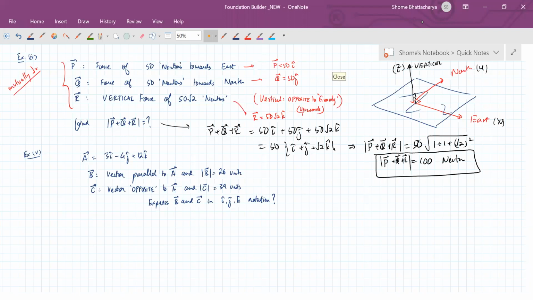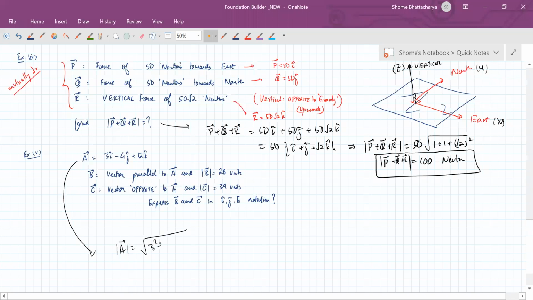Yeah, for the fifth example, yes, Aditya, your answers are correct, and Deep, your answers are also correct. Okay, so what we can see here is that magnitude of the vector A is 13. Magnitude of the vector B is given to us 26. And B is parallel to A. So you can see that magnitude of B is 2 times magnitude A, and B is parallel to A. That means the vector B directly will be double of vector A.